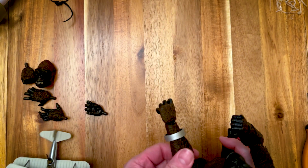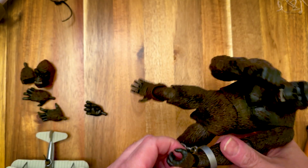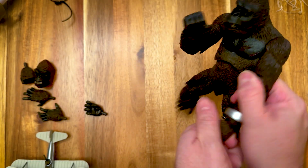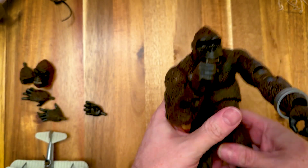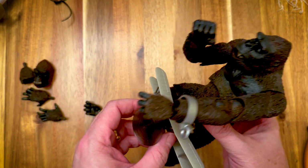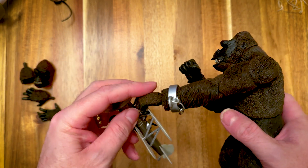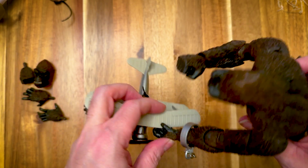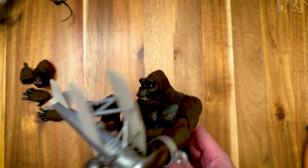Kong smash! Whoops. I still don't think that hand is in enough. I see too much of the articulation. But honestly, like I've said, the NECA things can be a little bit rough. So, whee! Kong override! Yeah, I like this. The plane accessory really helps. I would not have minded paying a few dollars more, but I really do think it would have been cool to have the top of the...